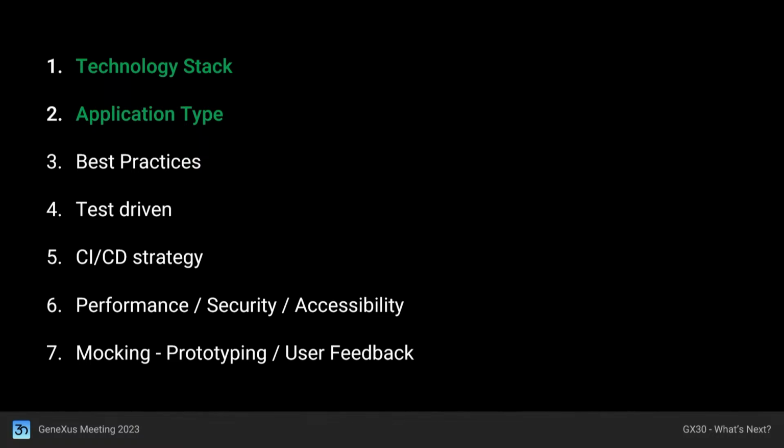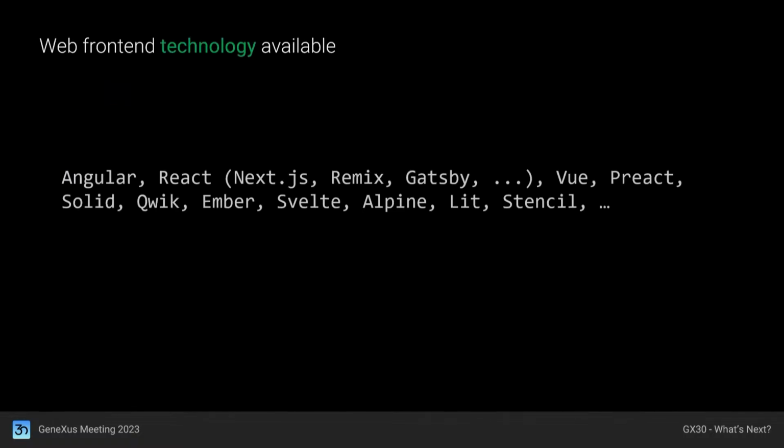We must focus on the 2 points that I have marked in green. First, the technology stack, this is worldwide, to develop front-end applications. And secondly, the application type. This is what refers more specifically to GeneXus. Regarding the technology stack,